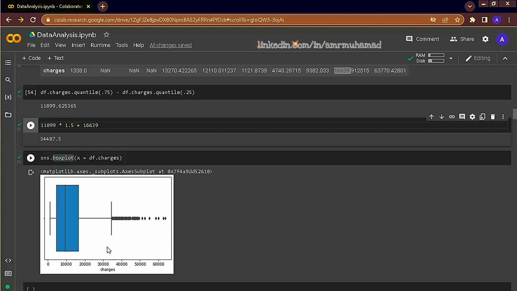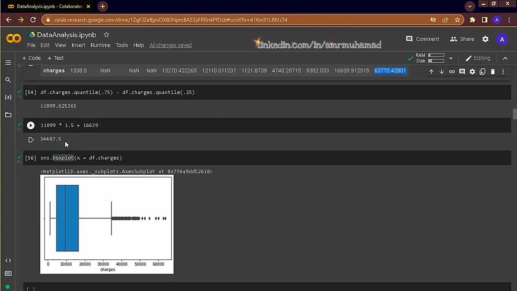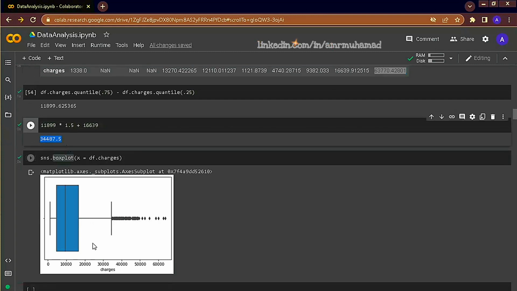So whiskers extend to a maximum of 1.5 interquartile range plus the Q3 value. The extension of the whisker should accommodate the max and min points, but we can see here that the maximum point is 63K, which is way higher than 34K, so it's considered to be an outlier. If the maximum point was within 34K, we wouldn't have seen these outlier points.